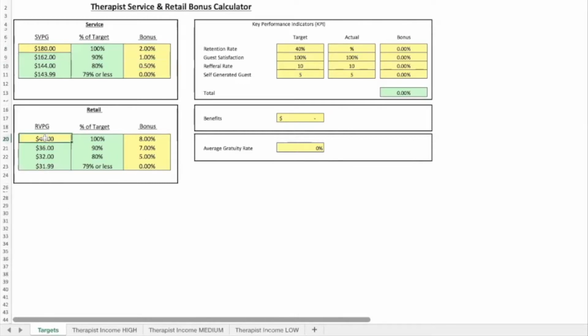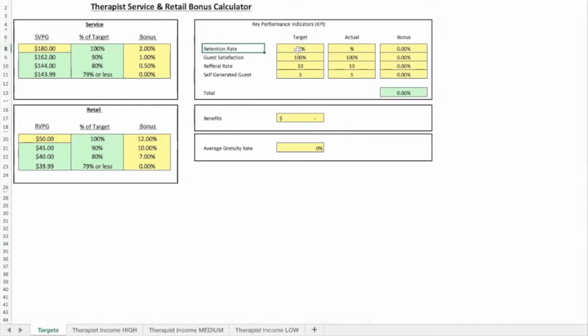And then for the retail, let's say the retail target we're shooting for is $50 at the highest amount. And let's say we're going to pay them 12%. And then 10%, and then let's say 7%, okay? Now we come to the income, now that we've set our parameters, and if we are going to do a retention, let's say if the retention rate is 65, they're going to get an additional